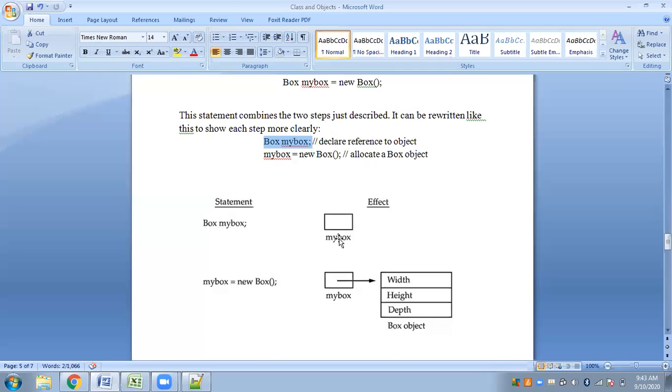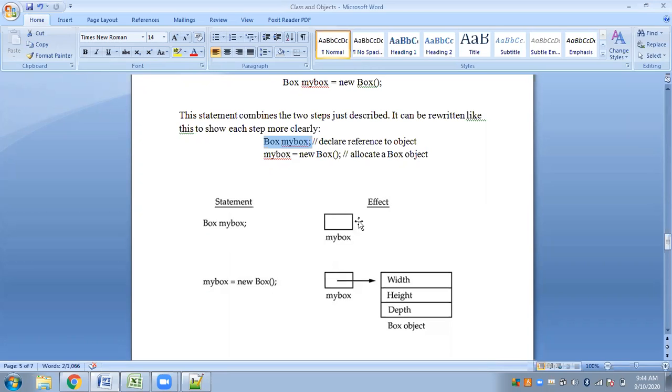So what does a pointer variable do? A pointer variable points to a particular memory location. A pointer variable holds the address of a particular memory location. So this is also one kind of a pointer variable. This particular variable that you have created here, myBox, is not the object.